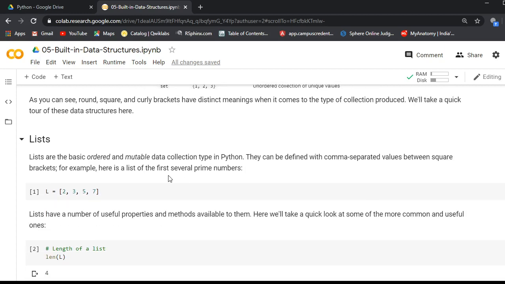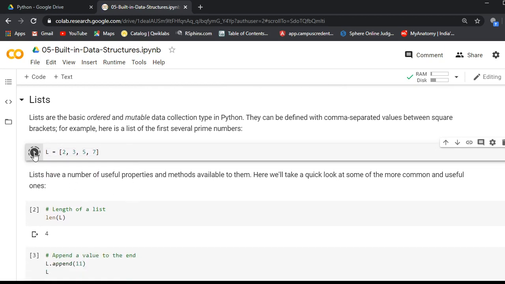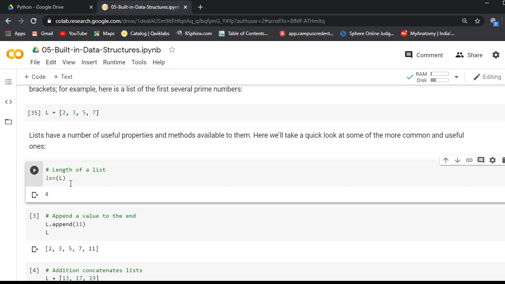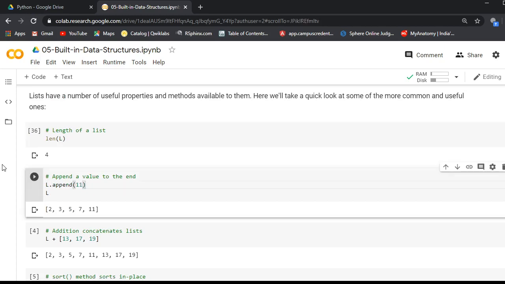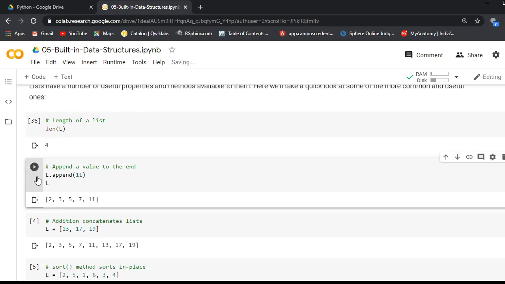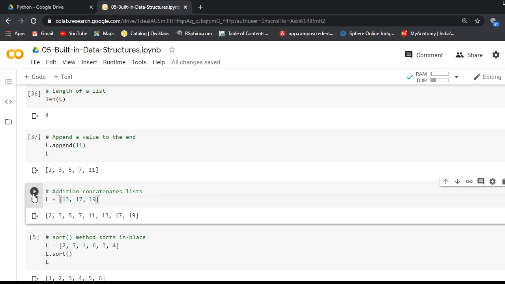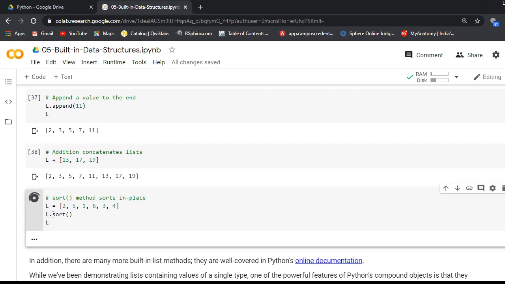So first, list. If you want to declare a list, we can use it like this. Then if you want to find the length of the list, we can use len of L. If you want to append an element, we can use L dot append. If you want to concatenate another list, we can use the plus sign and append the element. Then if you want to sort that list, we can use L dot sort,